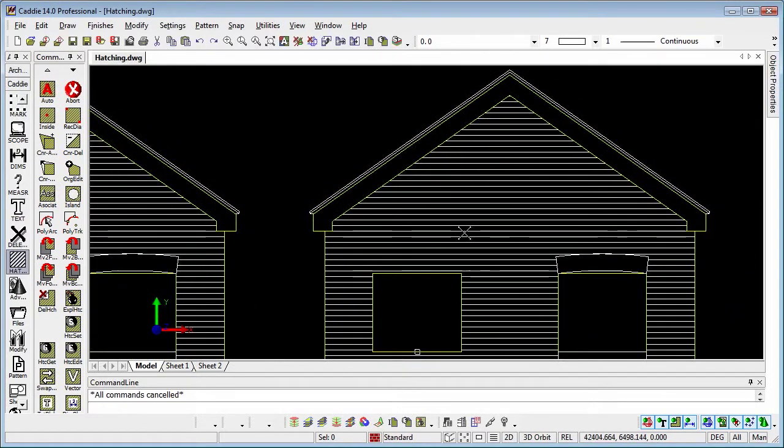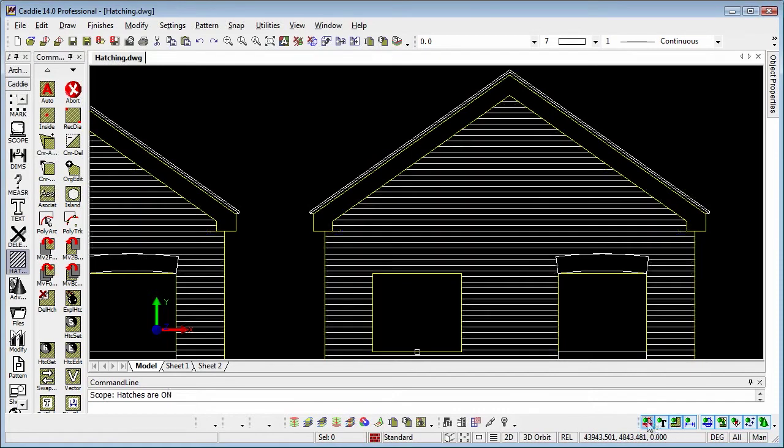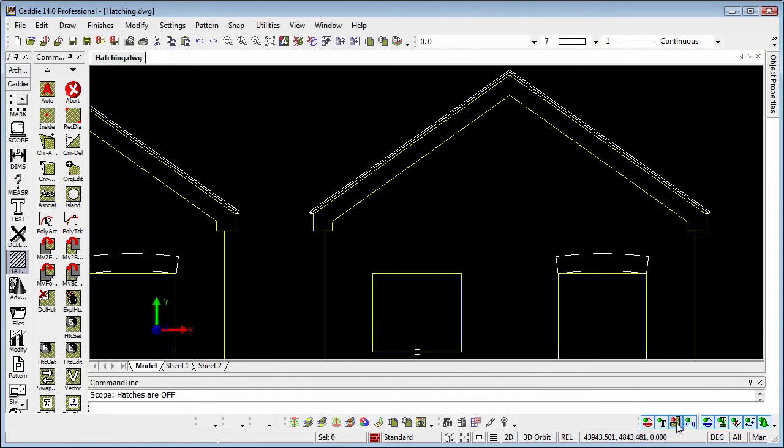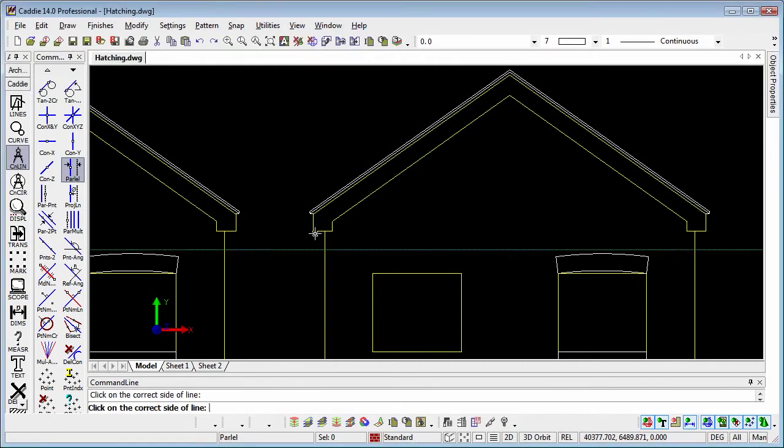Now if we're wanting to simplify our drawing, we do have the ability to turn hatches off as a group of objects. So nothing to do with layers, but as an object type. Same thing with lines, same thing with text, dimensions, and so on. So if I just turn them off now, so that I can see my drawing more clearly, I can use my construction lines maybe to set up an offset of 250 millimeters,